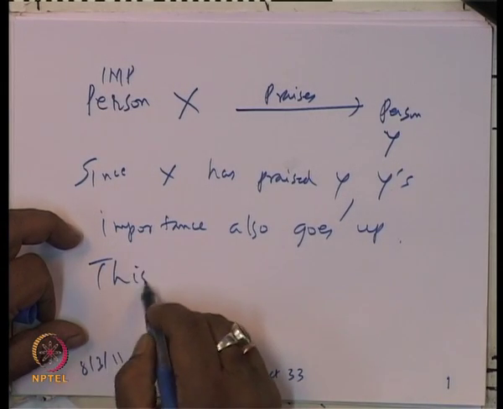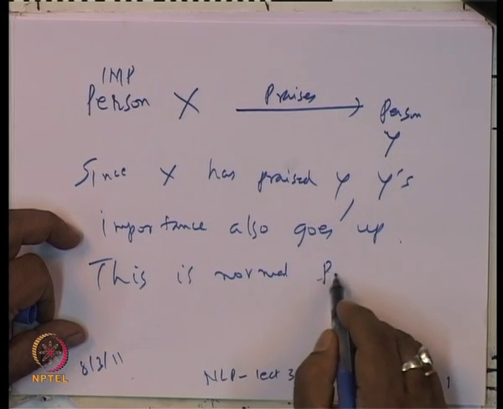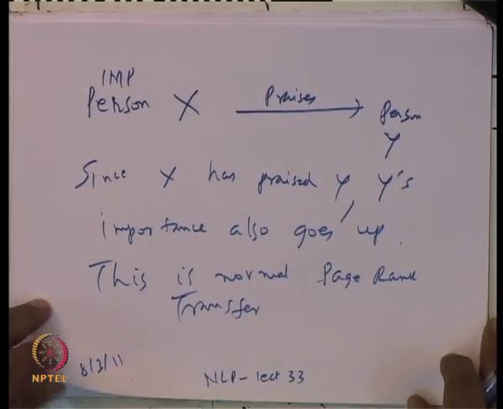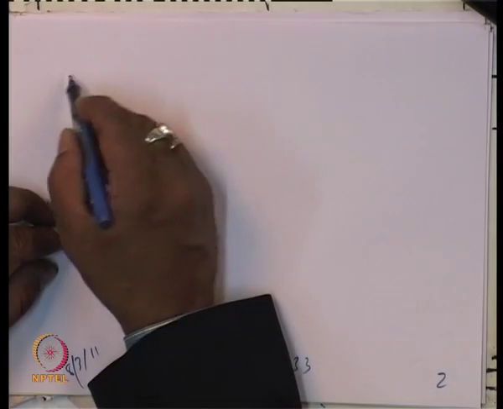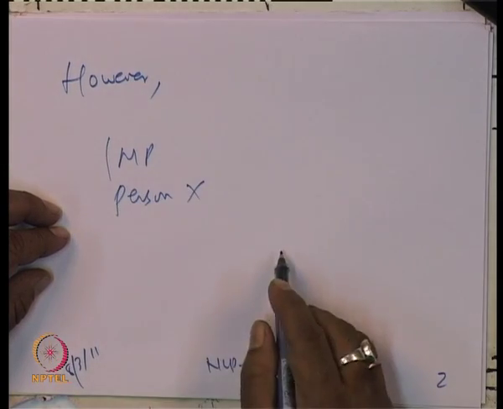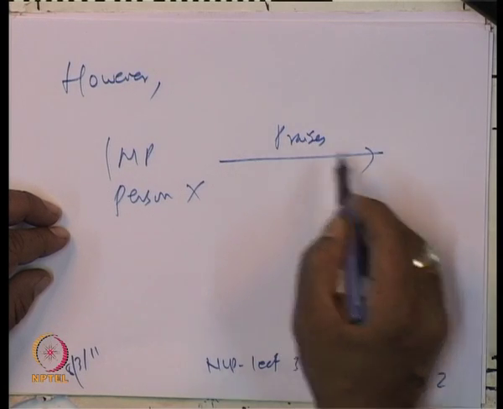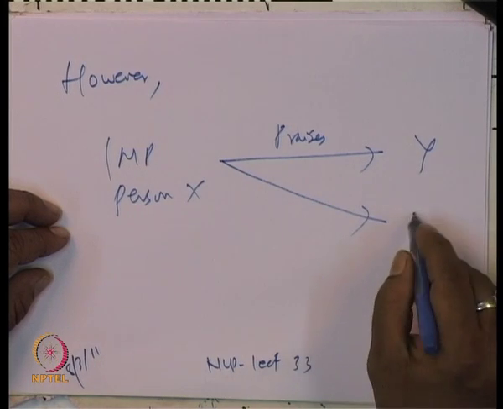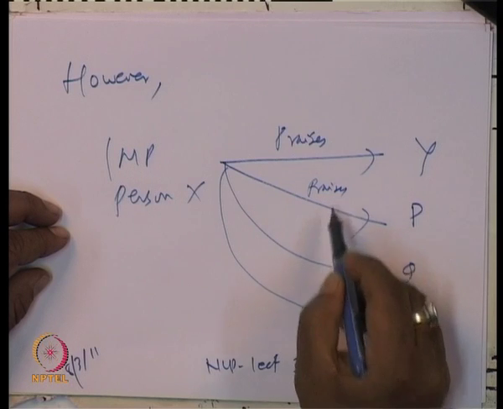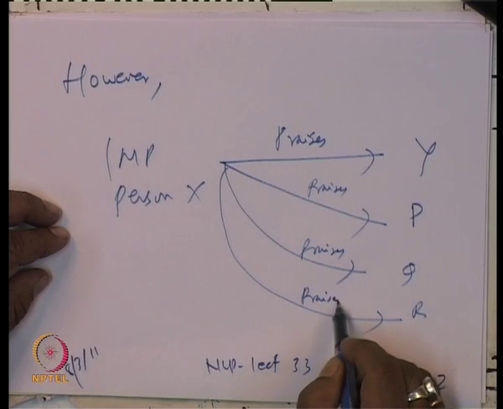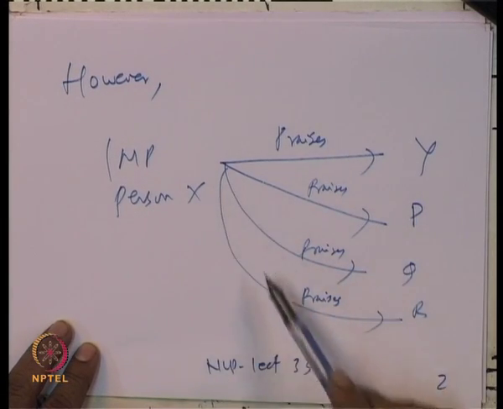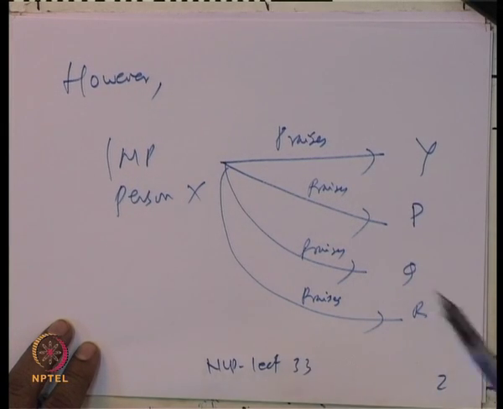Okay. This is normal PageRank transfer. However, if important person X praises Y, but he also praises P, praises Q, praises R, then isn't it true that because this person is praising so many people, okay, the importance of his praising goes